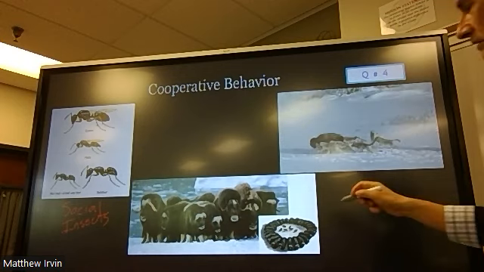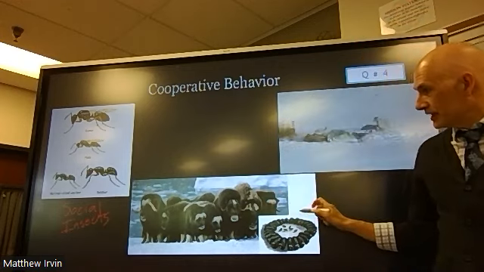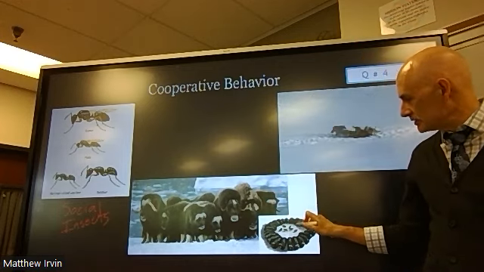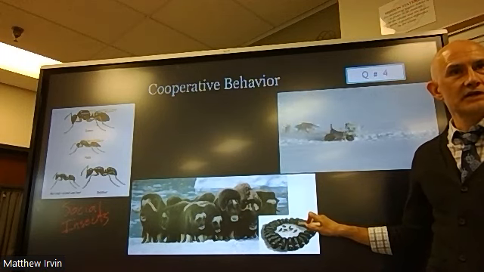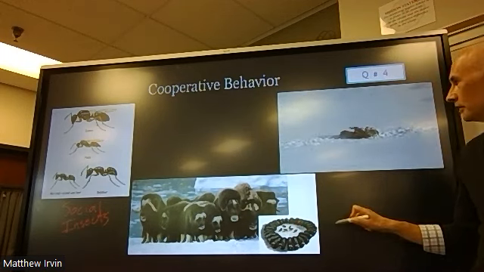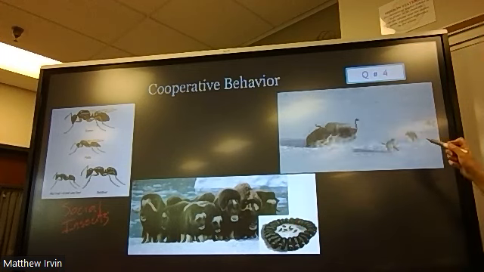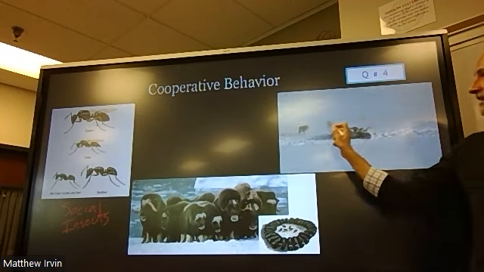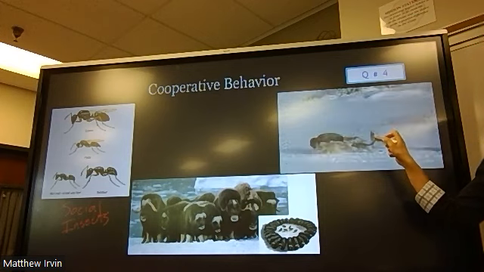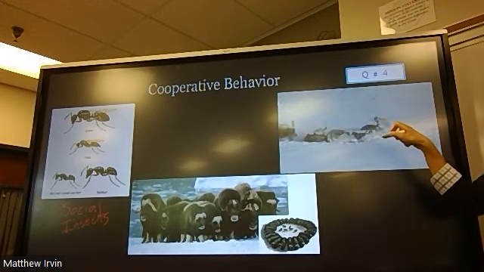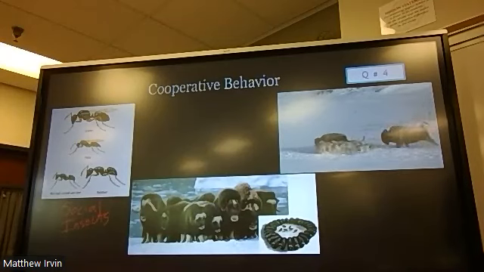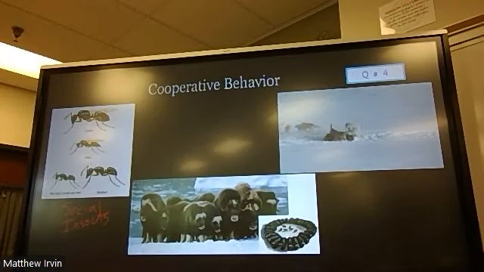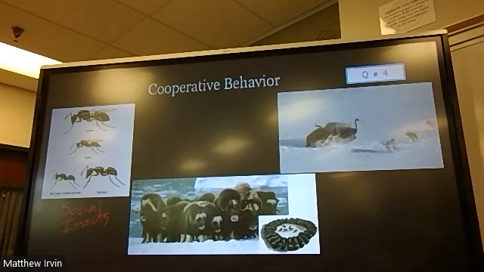Here in these musk ox, what they will do is actually surround the babies and the young to defend against predators. So that's a type of cooperative behavior. And the cooperative behavior that we're seeing is not that the bison that has been knocked down is the sacrificial member of the society. The cooperative behavior is the wolf pack, because a single wolf would not be able to take down a bison.